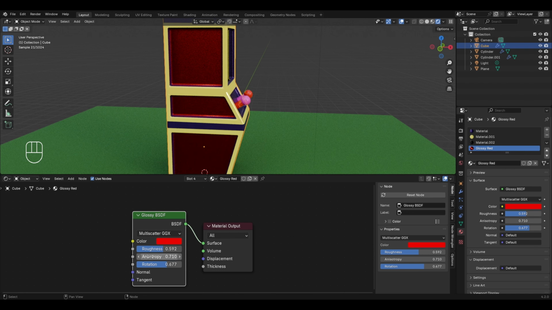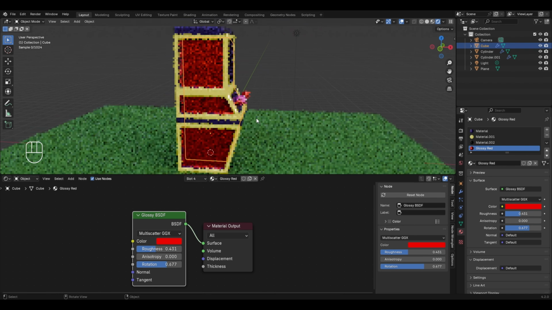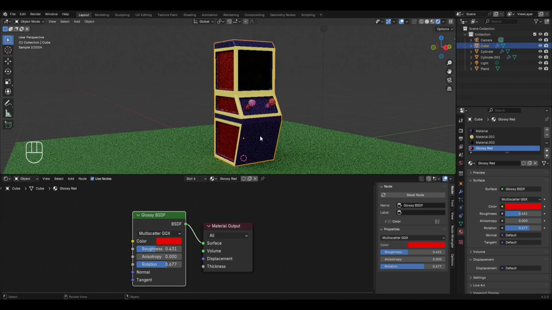And yes, if I reduce the value of anisotropy down to 0, then in this case we'll be having a lighter shade of red. After this, I'll also bring down the roughness value down to 0.4 or 0.3, and now it looks perfect. Moving ahead, let's also create a transparent face for this bottom part of the arcade machine, and